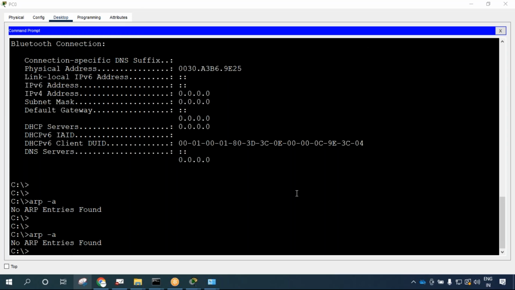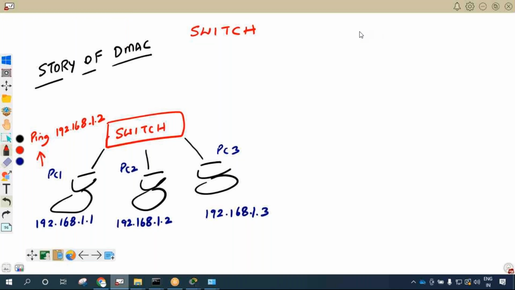Right? Okay, that's good. So that's what we are going to understand now: what is this ARP entry and what happens in the backend when I do a ping. For that I have to first take you to the theory. Then we will understand the theory here and then we will see that in action. So my dear friends,